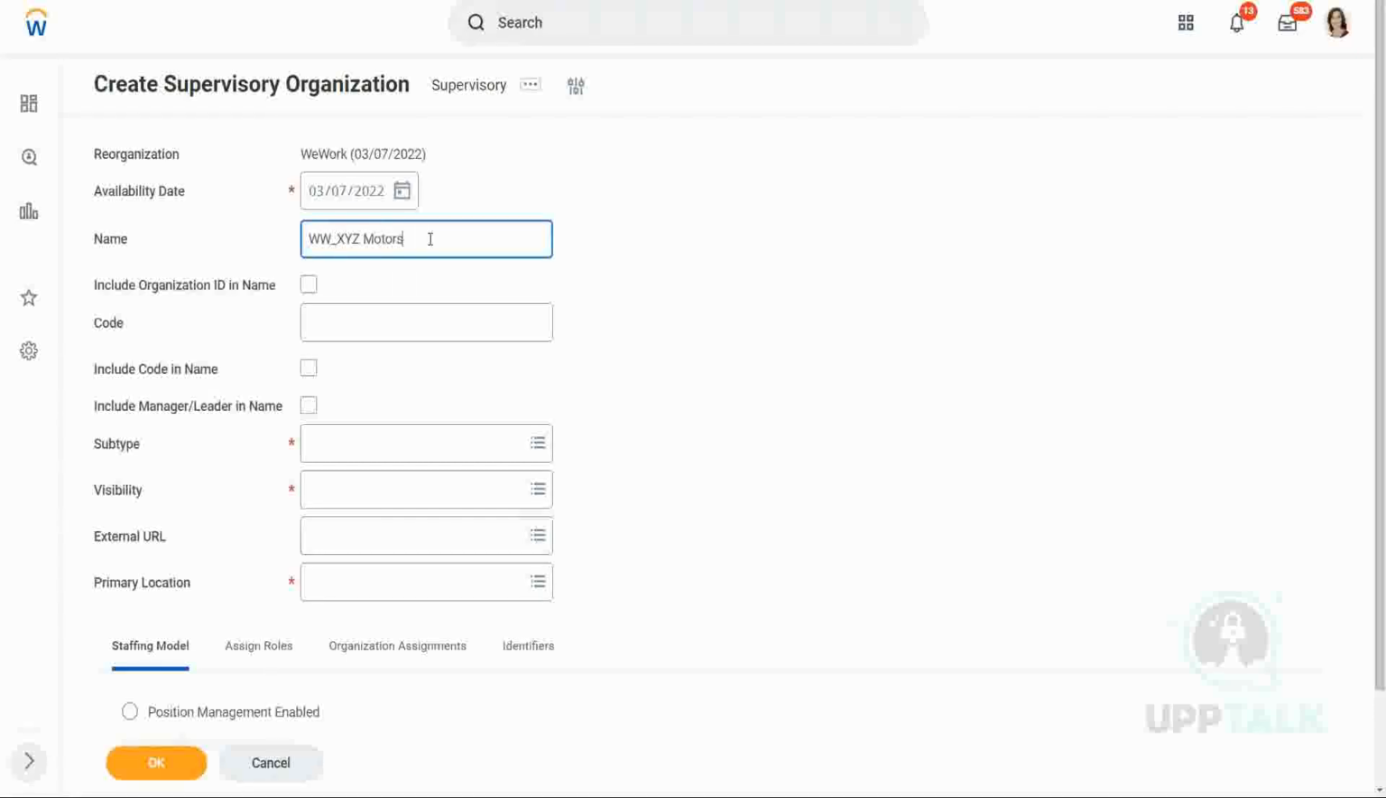Alright, so the first organization that we are creating is WW_XYZ Motors, and you have an option here to include the organization ID as part of the name. Now, when you create an organization, Workday automatically generates the organization ID. That is the reference ID, and that is unique. Okay, we will not include it as part of the name. It just makes it too long. Now, then, there is an option to include the code. Okay, now in legacy systems, in old